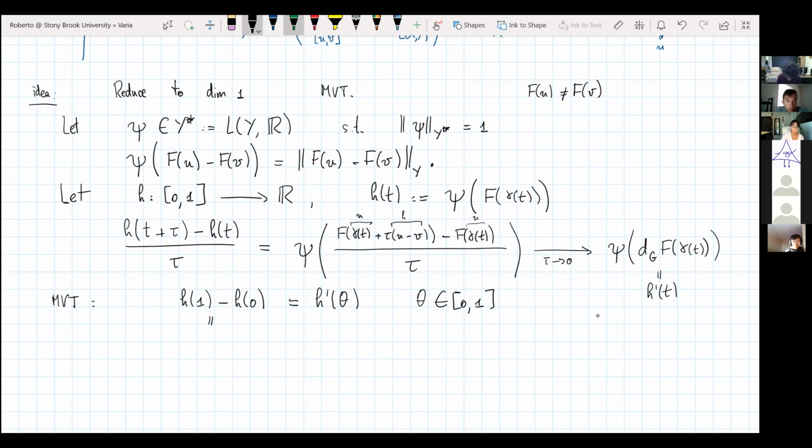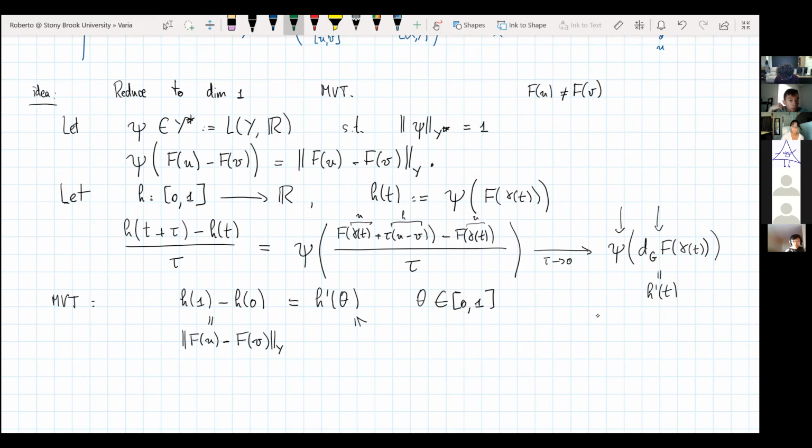But what we have on the left side is psi of f of u minus f of v. So on this side, we have the norm of the difference in Y. And on this side, we can bound it by the norm of psi times the norm of the differential times